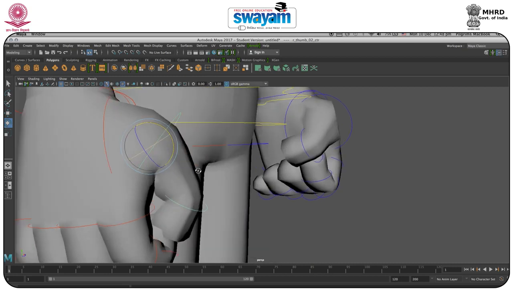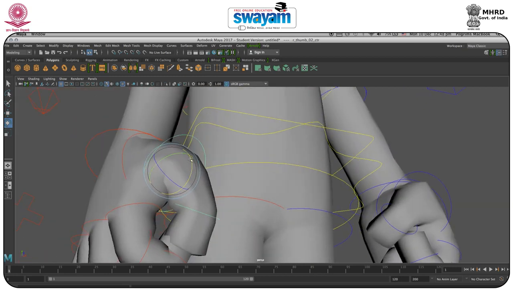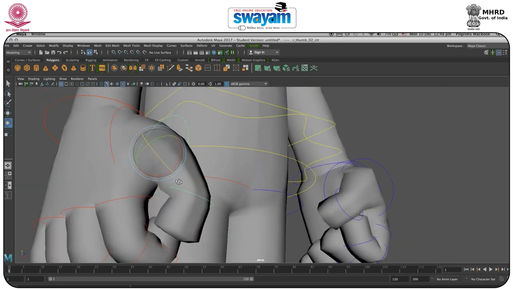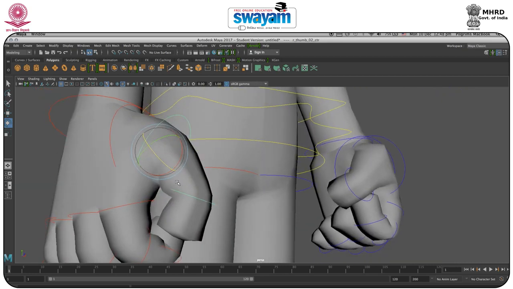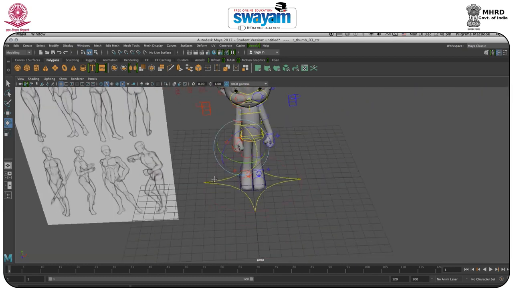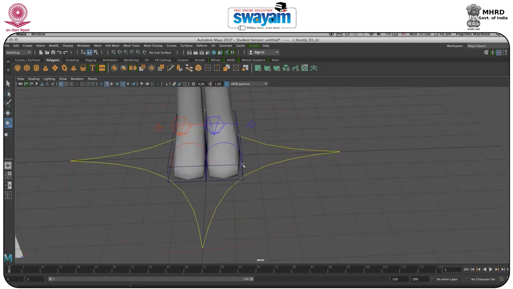Make sure that it will not overlap like this. So what I will do is just Control Z, or if you are on Mac, you should press Command Z, and after that, okay, fine. And you have to work on the feet. So for the feet, what I will do,